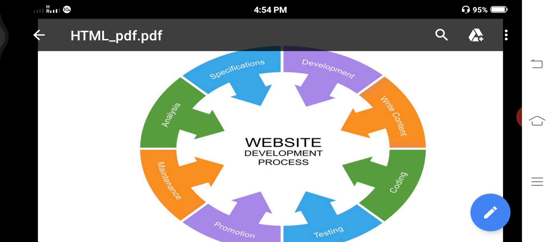Next is the design phase. In this phase you design the website. All visual content such as images, photos and videos is created at this step.